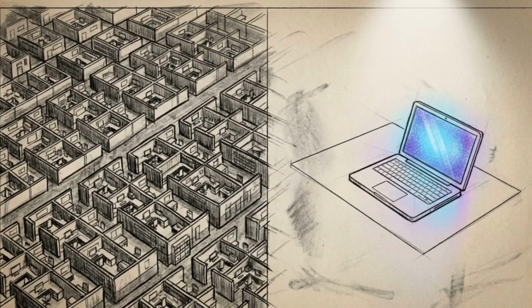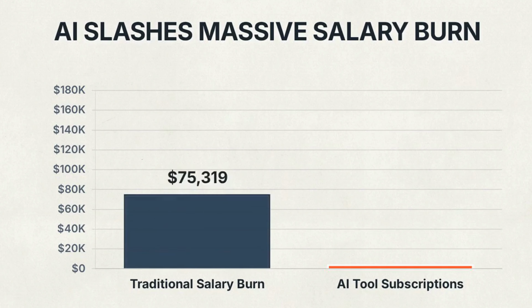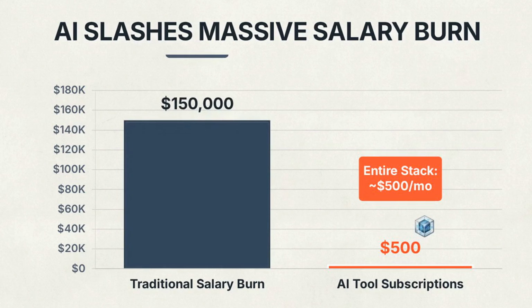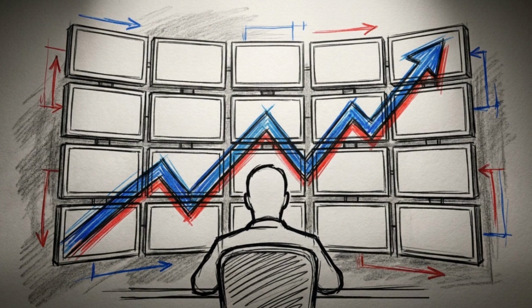This architecture is the catalyst for a shift in tech industry economics. Software can now replace functions that traditionally required large, expensive teams. A solo founder using agentic loops replaces 70 to 80% of a traditional company's salary burn, with tool subscriptions costing roughly $500 a month. By mid-2025, solo-founded startups surged past 36% of all new ventures, creating the Vibe CEO framework.